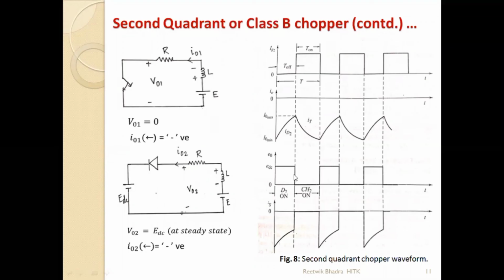So this is EDC, then 0, then EDC, then 0. So this is discharging, charging, discharging, charging, discharging, goes on. Gate pulse, how have they drawn it? Off, on, according to that. Now you can draw your source current also. How can you draw your source current?